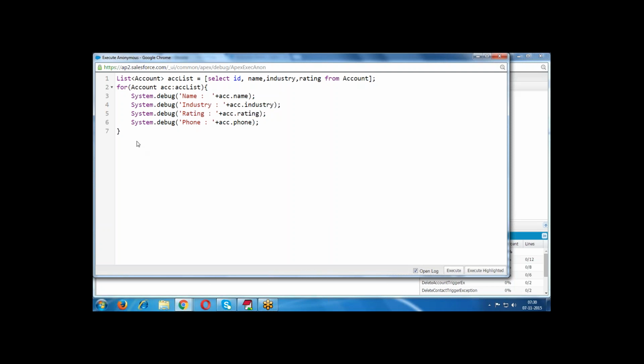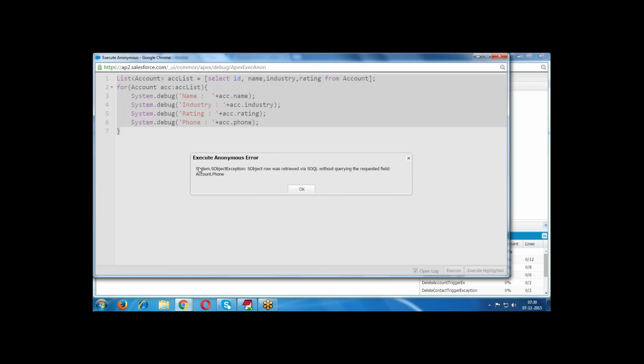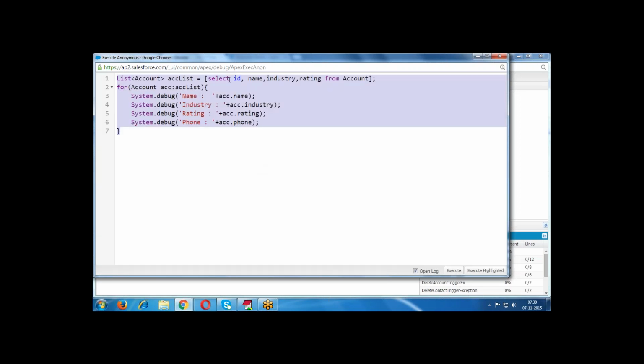Like this I'm printing. Whenever we are executing here, one field, the phone number, is getting an error. Only the required, selected fields are displayed. This is the ACC list. The ACC list we are assigning here to ACC account, and from the account we are reading one record at a time. So only the selected items are selected and stored. The same way,